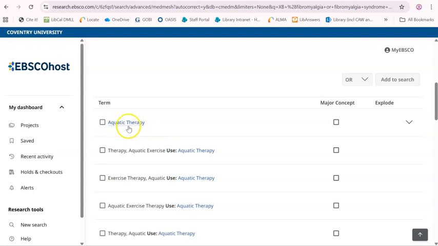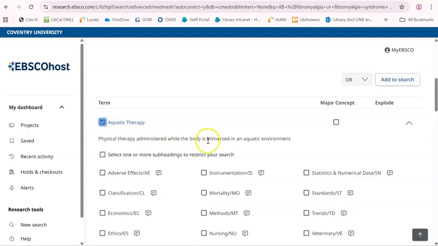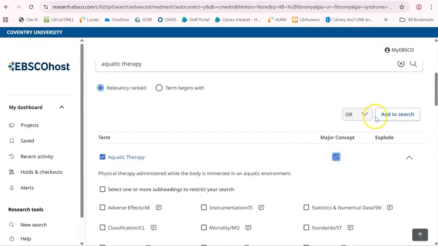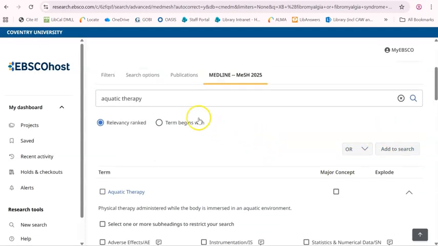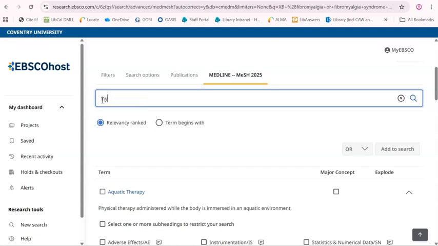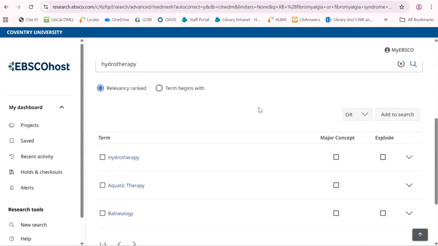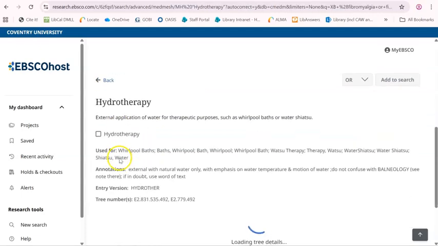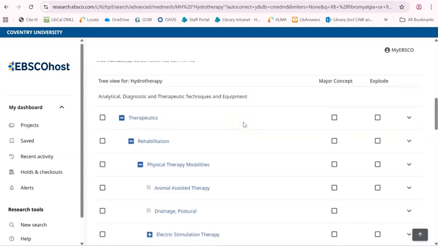But we could select aquatic therapy. So again, I'm happy to major this. I can add this to search. I might also want to have a little search for hydrotherapy as well, because I might be interested in the effects of whirlpool baths. And now we can see that we do have the option to explode this search. So explode usually denotes that this entry is an umbrella term that encompasses lots of different smaller subject headings beneath it. So if I just click on hydrotherapy and I scroll down,